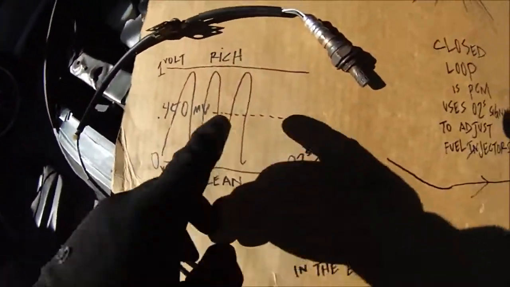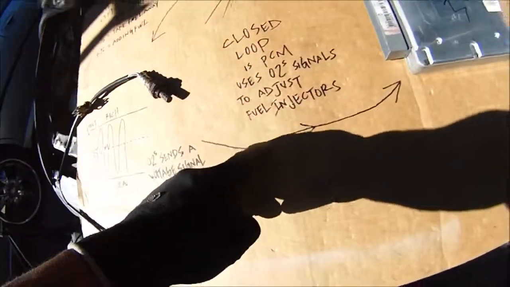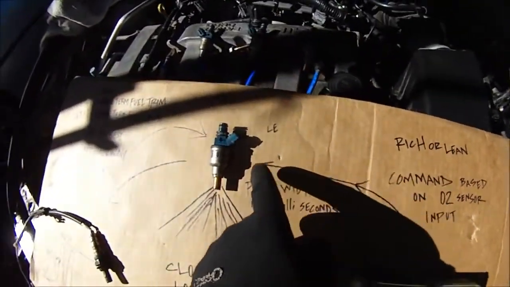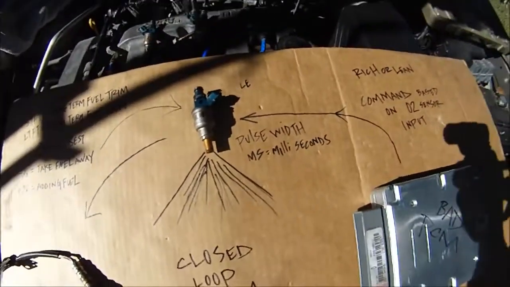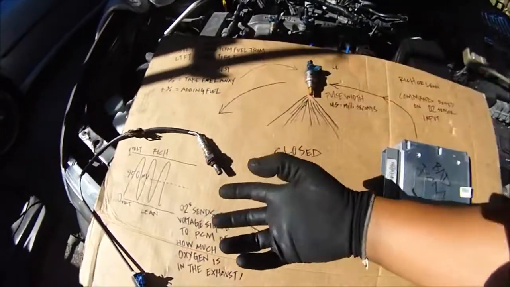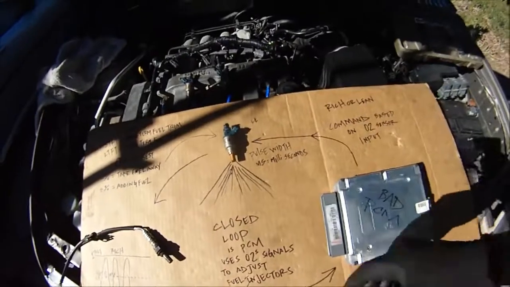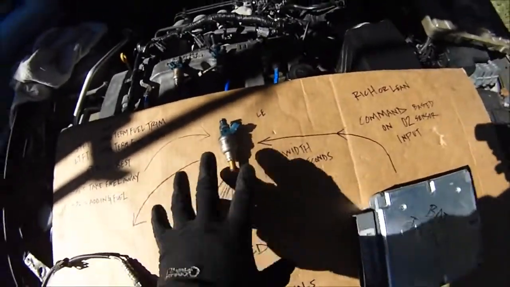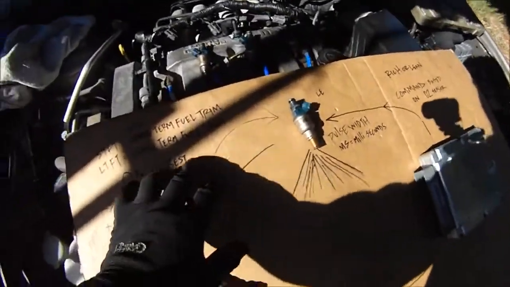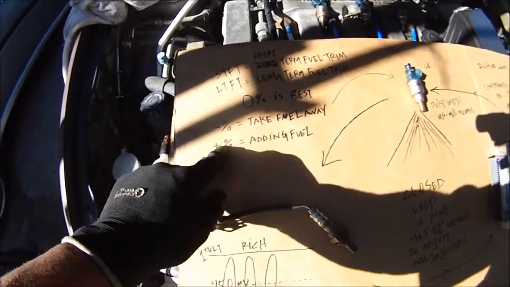So, because this O2 sensor is reading lean and sending a lean signal to the PCM, PCM is sending a command to the injector, which is telling the injector to stay open longer because there's too much air inside of the exhaust. So it's telling the injector to stay open a little longer each time. Because it stays open, it's running rich, which is not good. So that is what's making our long-term fuel trim positive number percentage stay.